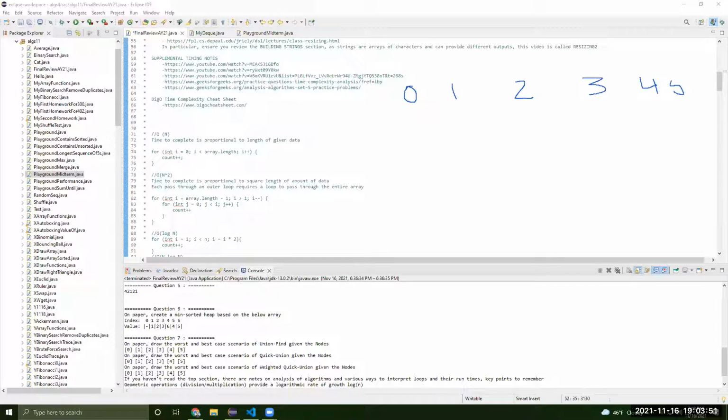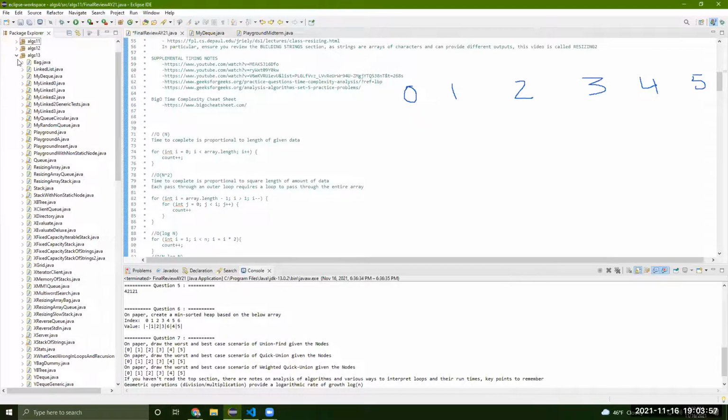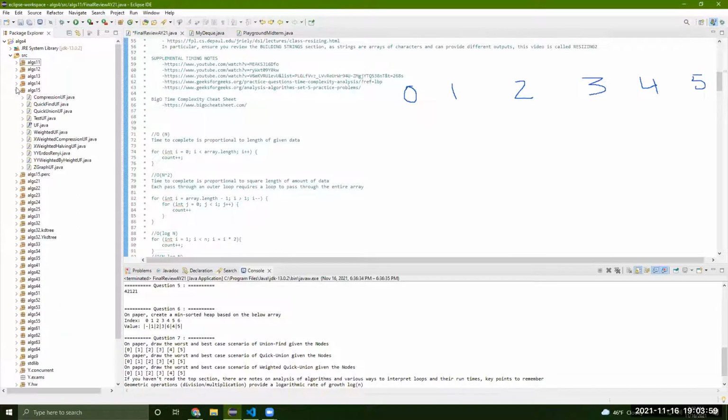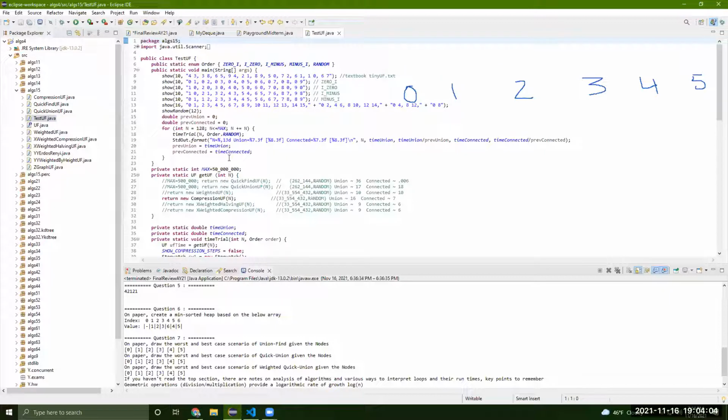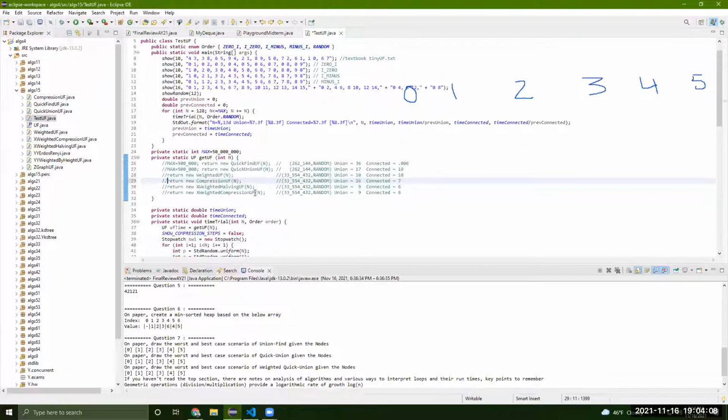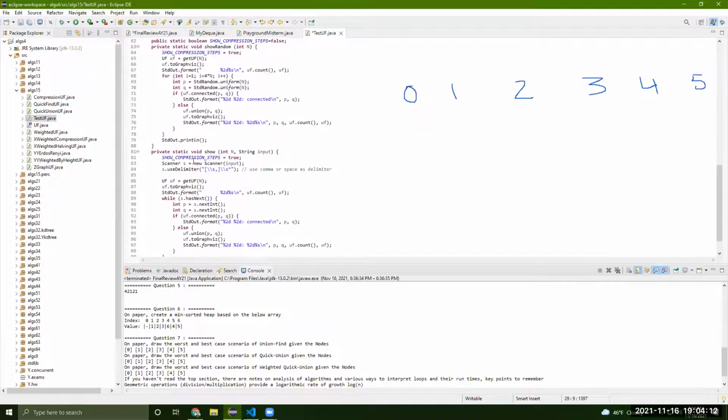These scenarios are a bit different each time. Before I jump into this, there's another thing I'd like everyone to use. It's in ALGS 15, test union find right here. There's a bunch of information we can look at. If you comment a few of these out in the main method,